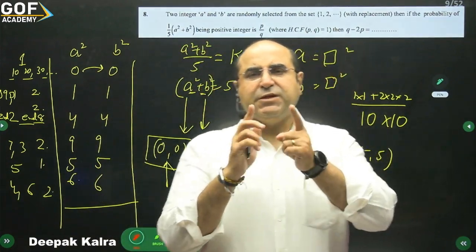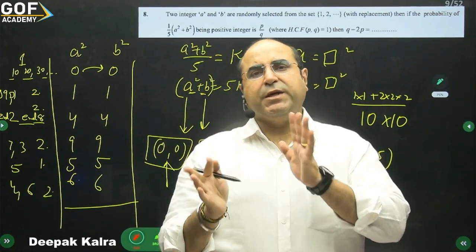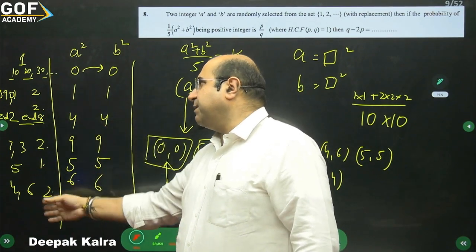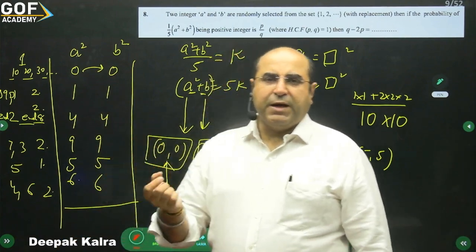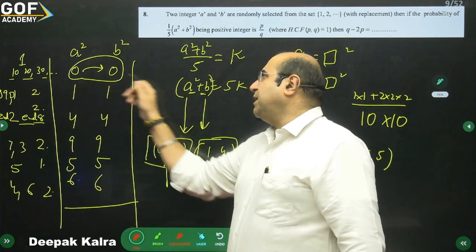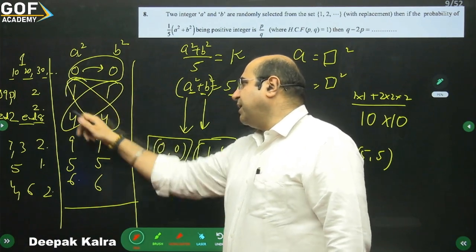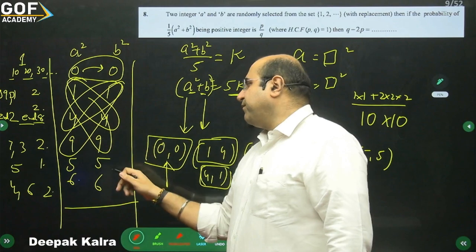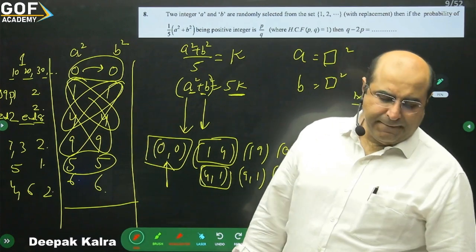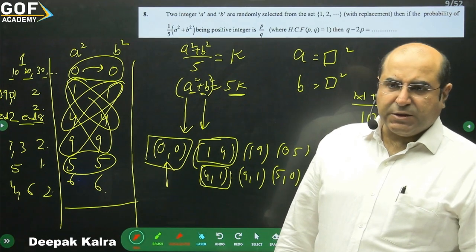See, all the possibilities you have to take up. The pairing, how many times? All possibilities of getting the sum of squares. There are 10 possible cases of getting the sums. Like 0, 1, 2, the units place digit, you just see that one. Then pair them up to get a multiple of 5. This is the pairing you have to do, like this. Then you have 9 and 1, 1 and 9. Then 5 and 5. Then 6 with 4, 4 with 6, like this. Hope you'll get the answer after that when you do it. Okay, let's get back to the next question.